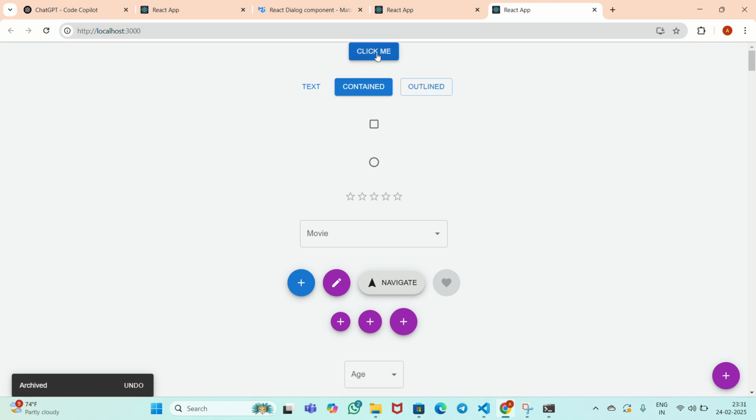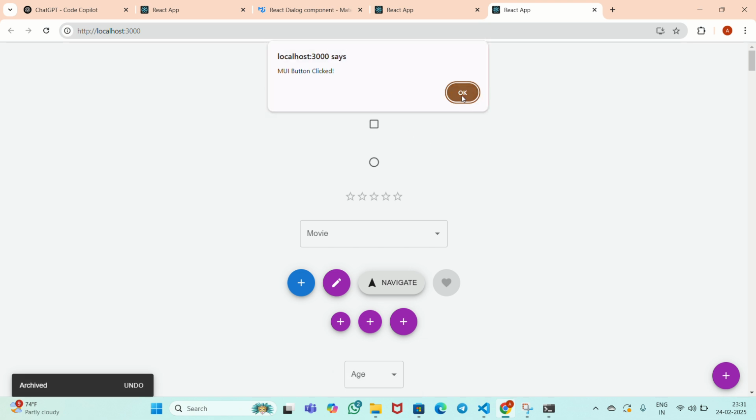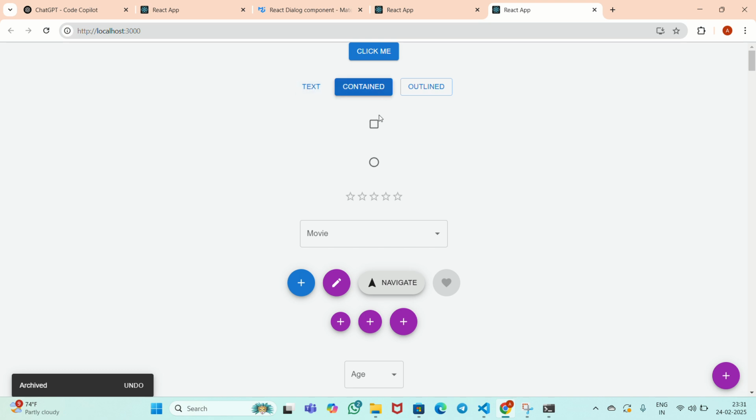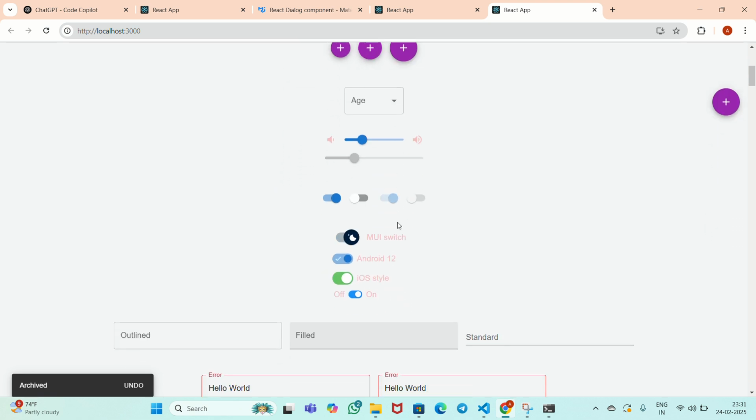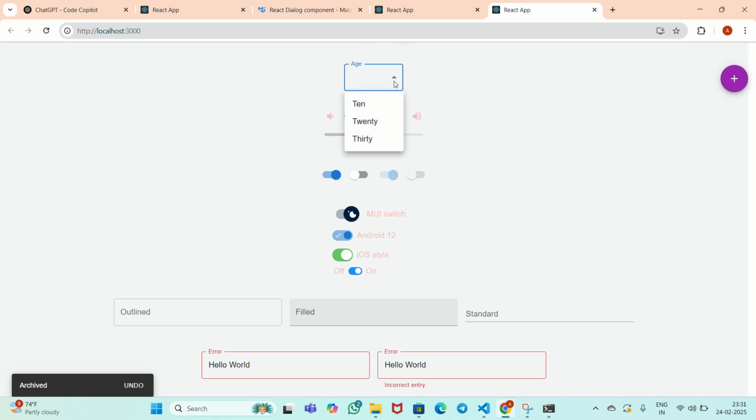Yes, this is the output. This is a basic component, a basic button, and then this is the MUI button, and this is a checkbox, and this is the rating scale. These are the backdrops, and then these two are the input buttons. These are the programs, and when we press on this edge we can select 10, 20 or 30, and this is sliders. We can increase the sound or decrease it, and this is the untouched one, and this is